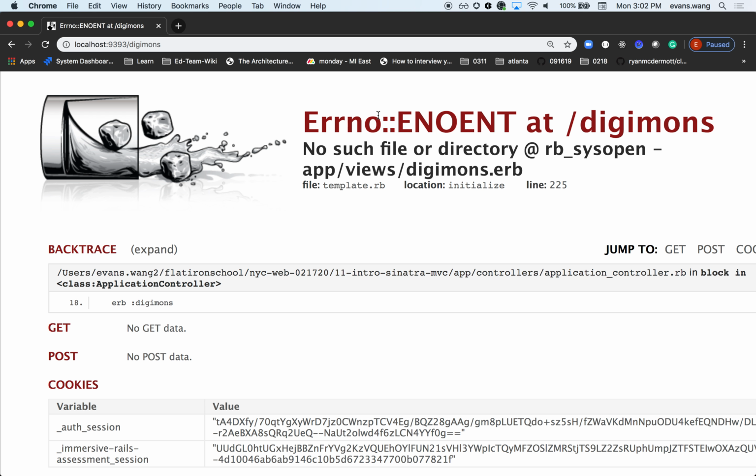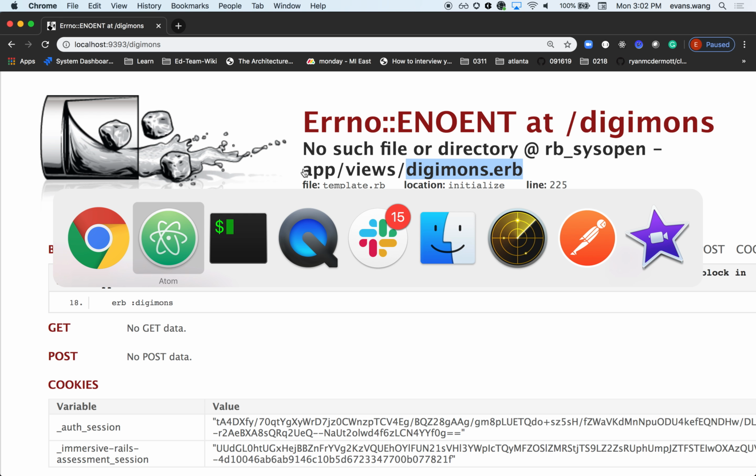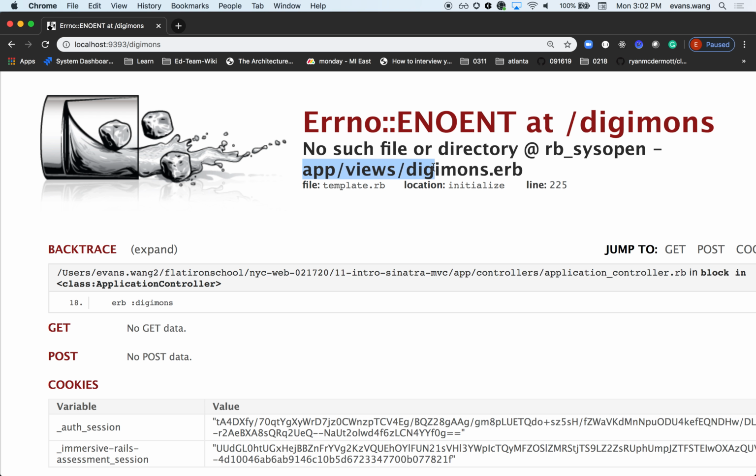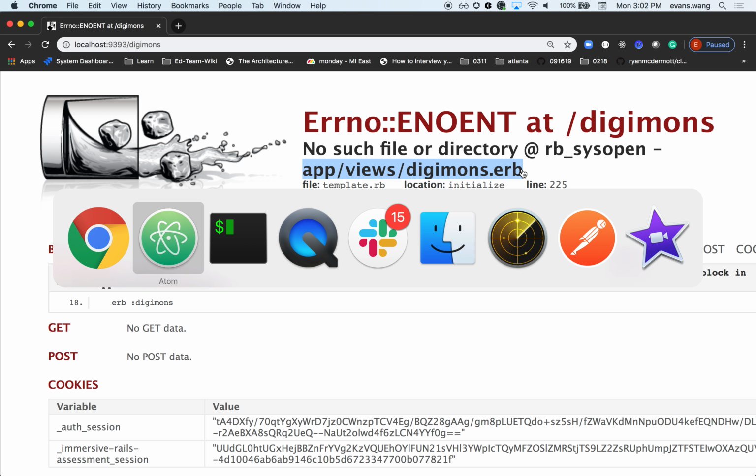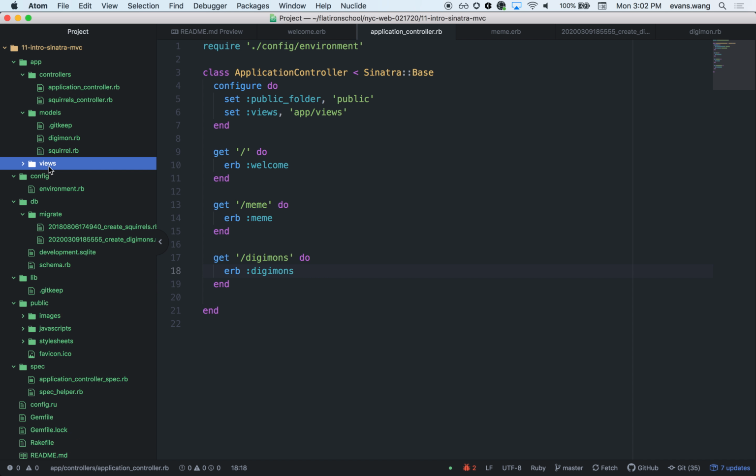So if I were to refresh, womp, all right? It says error no, not ent. Something bad went, get to /Digimons. There's no such file or directory inside your app folder, inside your views folder. I'm looking for a digimons.erb. How do we feel about this error? Does this error make sense to you? Yes. Cool. So how can we fix it? What should we build here? Yeah, put a file in views. Powerful. Put a file in views called